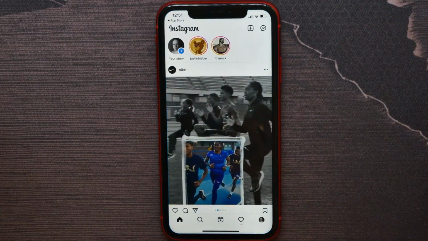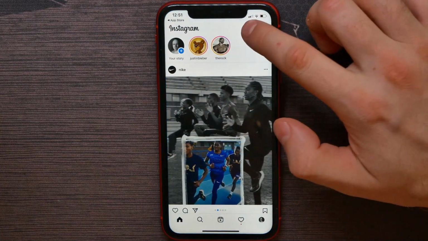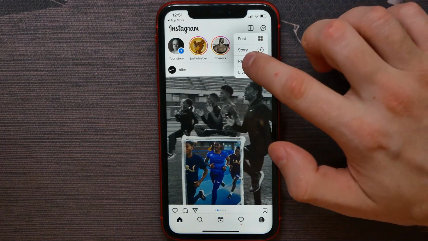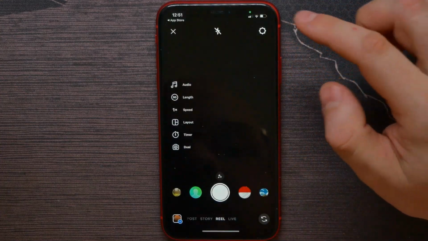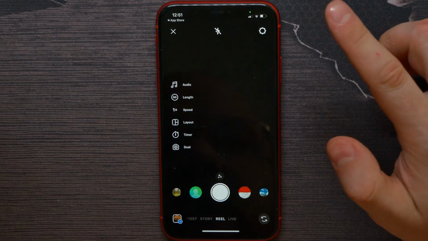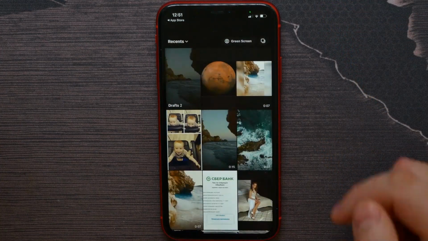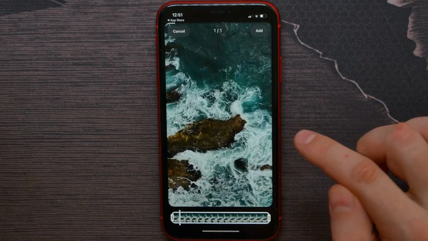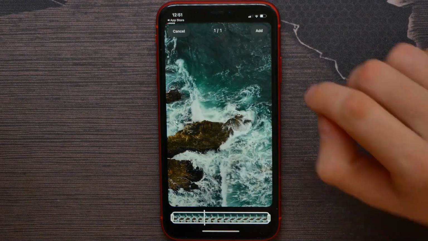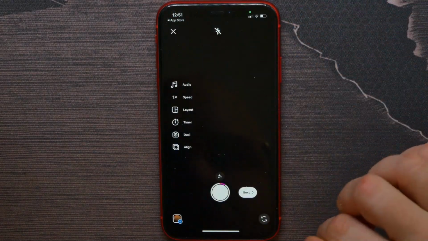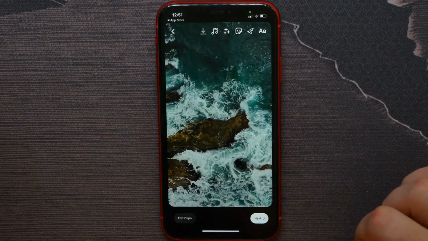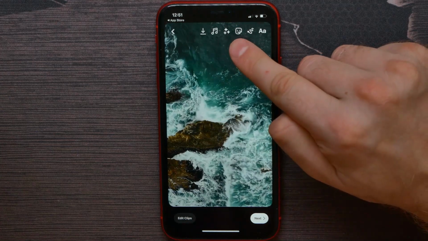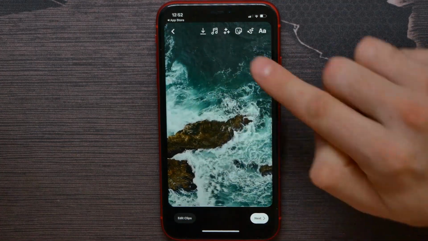Now you can open up your Instagram, hit on the plus sign and select reel. There you can use your camera to make a new reel, or you can upload some video from your camera roll and then hit add. Now you can hit next, and there all you have to do to add a poll,